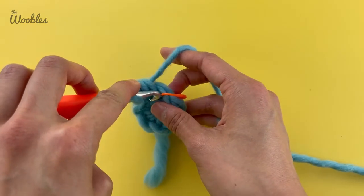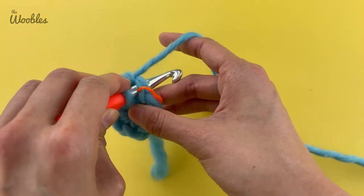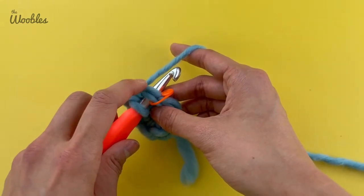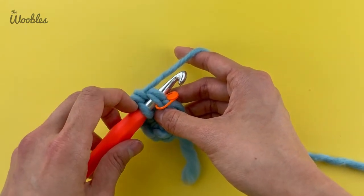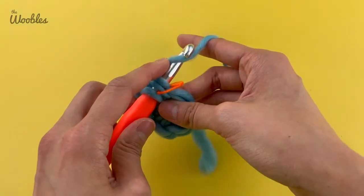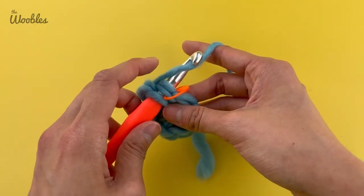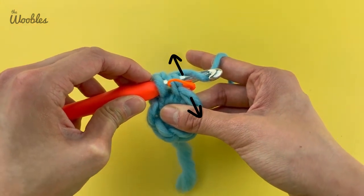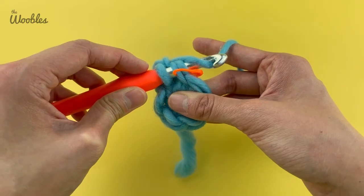So remember to try to keep the stitch marker off to one side so it doesn't get in the way. Stick your hook in that hole so it looks like you've got 3 strands of yarn on your hook. Yarn over by bringing the yarn over the top of the hook from the back to the front of the hook, and then pull on the piece and the hook away from each other as you rotate the hook down